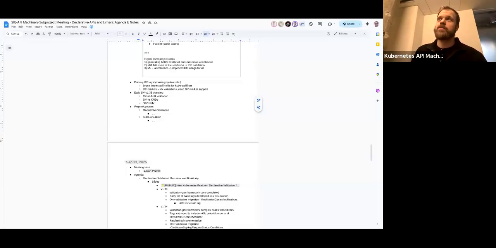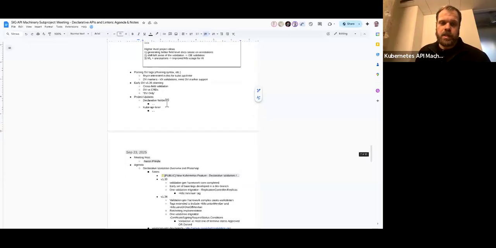Some will be graduated where someone can just add a tag for a new validation. I think we have the machinery in place now, but that would be the first usage of it. We're hoping to expand upon this DV only and evangelize it, making sure it is the known pattern to use DV where possible. So that's the 136 planning. I'm sure we'll get into that more in the future, but great.